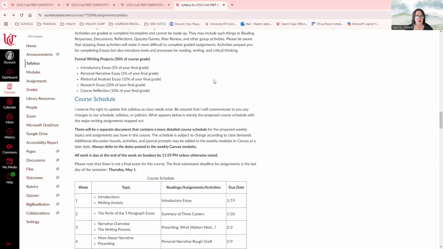The final half of your grade is devoted to the formal writing projects, and they're actually different percentages. They're not all 10%. So the introductory essay, that's the first thing that you will have to do for me in this class, is only worth 5% of your final grade. And I will be very, very lenient as far as assessing that introductory essay, because it is primarily a gauge for me to see where you're sitting with your skill set. We'll follow that up with a personal narrative essay, which is also 5% of your grade. So those first 2 writing assignments,